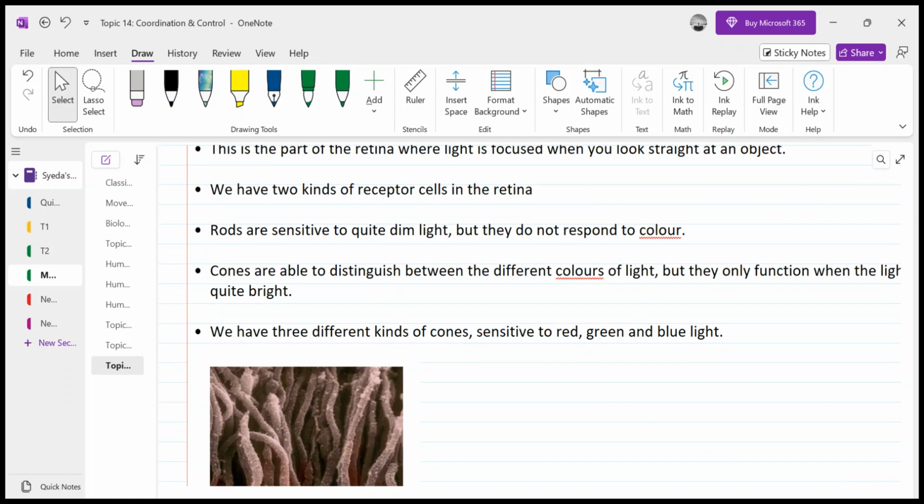So our eye has a reflex. Now reflexes are the involuntary actions which your central nervous system is trained to do. So you do not have to ask them, you do not think about doing them, it happens automatically. These are the automatic actions which your central nervous system does. So whenever you are in a very bright light,